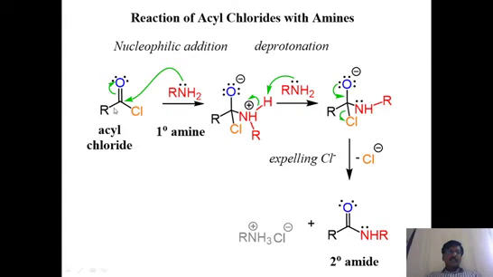Nitrogen is giving electrons onto the carbonyl. Again, the electron pair is shifting onto oxygen. That comes back, and chloride is removed. So this NH2 group is attached to this carbon, and further the proton is removed from NH2. So HCl is removed anyhow. This Cl is removed, and RNH is attached to this carbon. RCONHR. This is nothing but amide. Amides are formed. So acid chlorides on hydrolysis and ammonolysis give you amides.